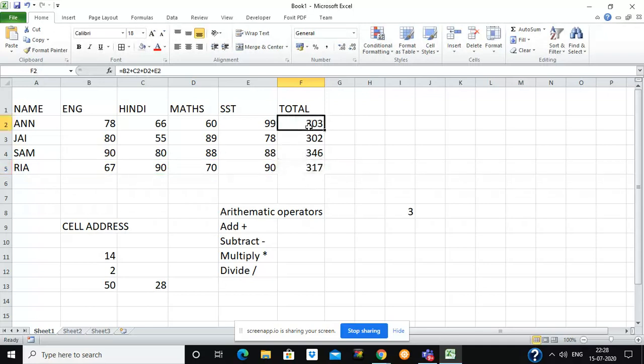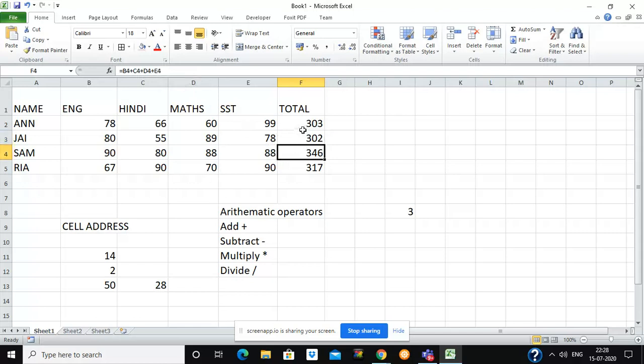Okay. Now if I have to see what formula I have written here, simply double click. Or what you can do is just see here. This is the area which is called the formula bar. So if you place your cursor on any cell, it will show you the formula which is applied on that cell in the formula bar. If I place my cursor here, since there is no formula applied, it will show the value which is there in the cell. If I place my cursor here, it is showing 80 because the value is 80. And if I place my cursor here, it will show you the formula which is applied. So this is called the formula bar. It shows the value of the cell or the formula of the cell.